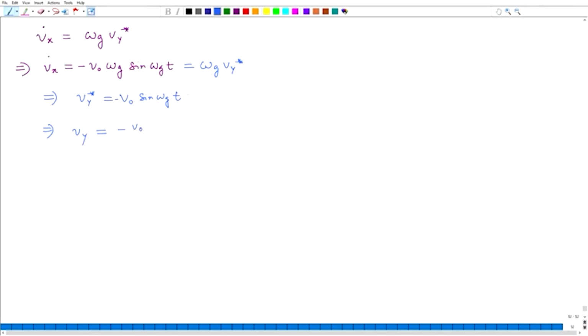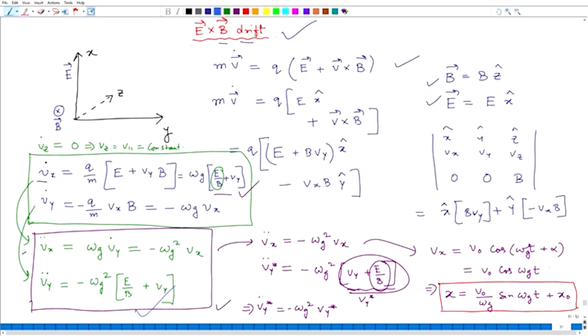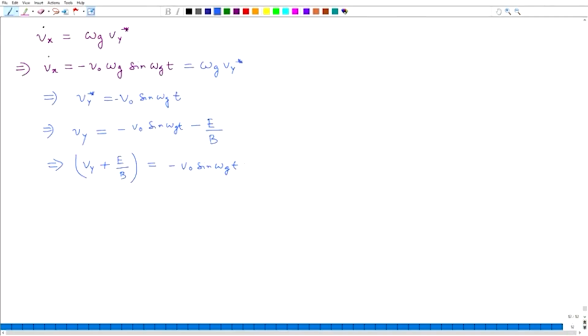And then your final Vy will be minus V0 sin omega g t minus E by B. Okay. So, Vy plus E by B will be minus V0 sin omega g t, and that is completely understandable from this equation as well. You see this one. So, if you have this equation and this equation,